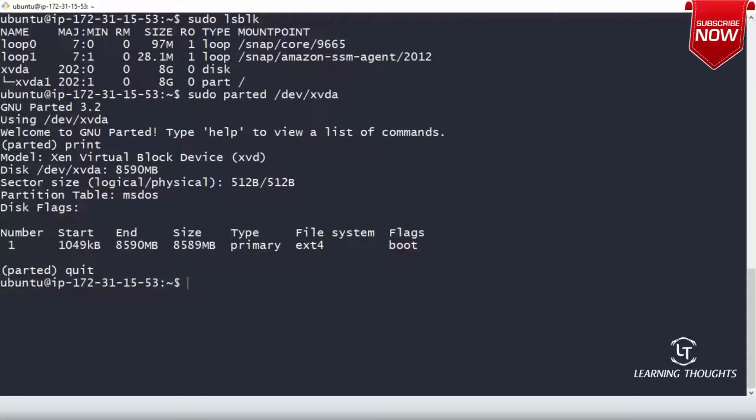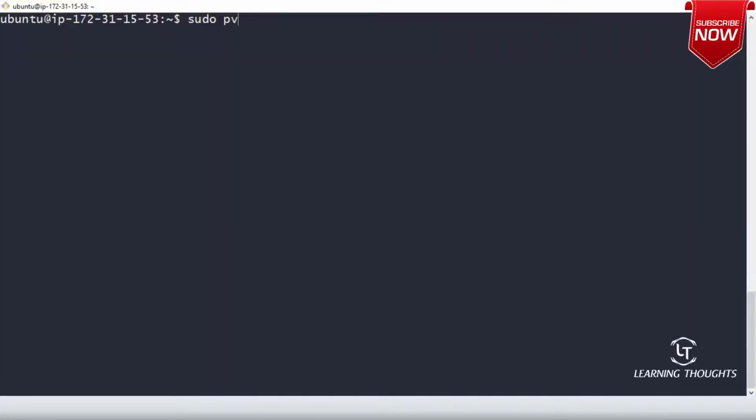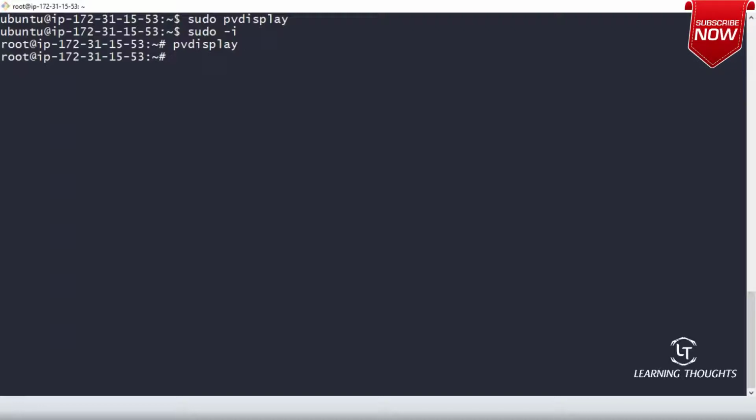Let me execute sudo pvdisplay. Do I have anything? Because you're not using the logical volume manager, you will not be able to see everything. So sudo -i and then pvdisplay. Right now it is not showing anything because there are no volume groups and all of that stuff.